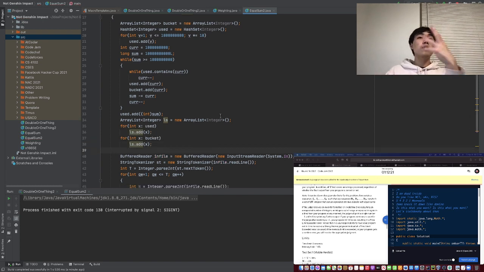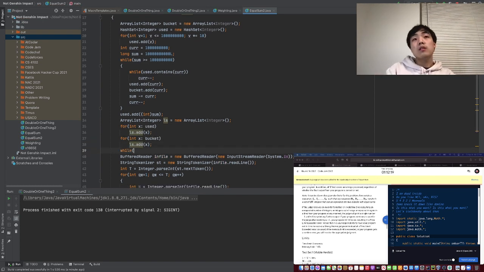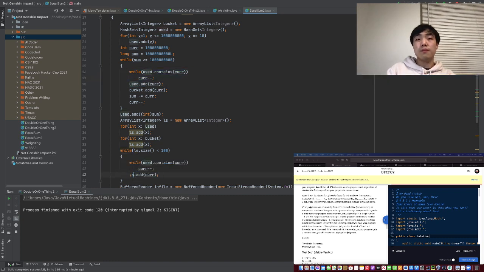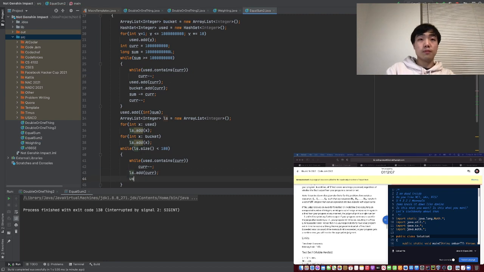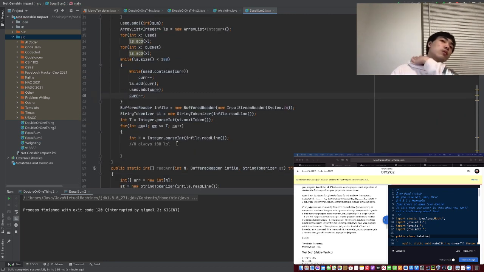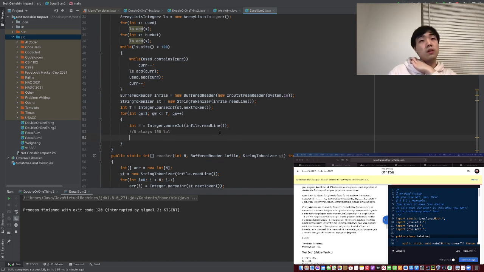These are numbers used to fill that 10 to the power of 10. So while offset size is less than 100, okay, cool. And as always,